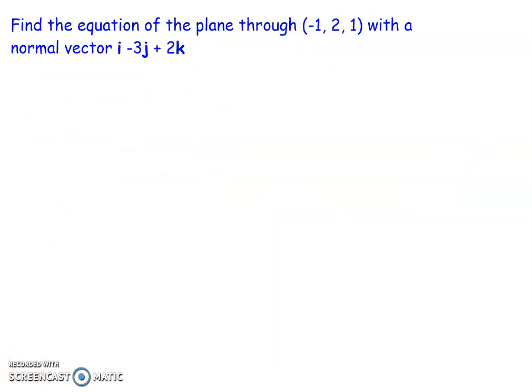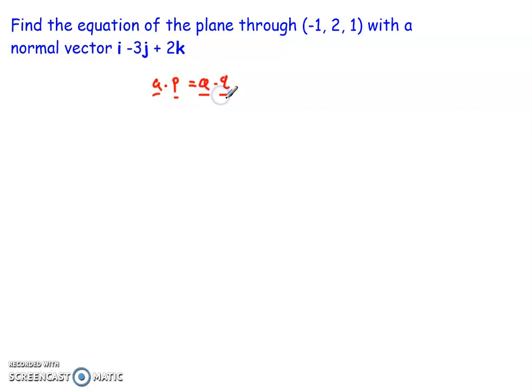My second equation was finding the equation of the plane through negative 1, 2, 1 with a normal vector of i minus 3j plus 2k. Now this one's much more straightforward because we've got the information of a point and a normal on the plane, so we've got all the information that we need to be able to substitute into our a dot p